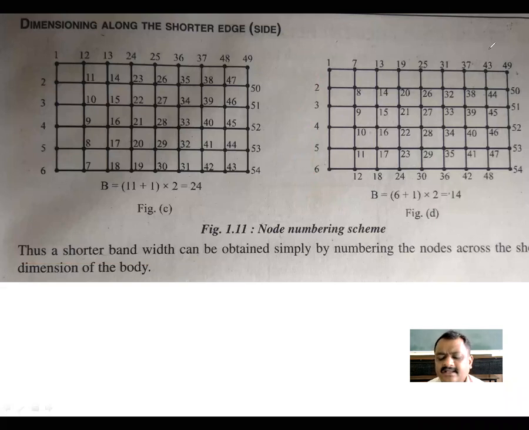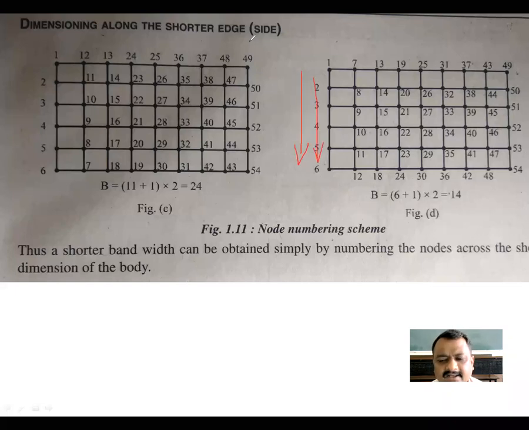Up to 5 to 6 marks they can ask you. You have to draw your mesh in such a way that one side you draw it as a smaller side, that is 3 to 4 or 6 rows. You can write a number of columns like 8 to 9 columns. So when you make use of it, you can number it also and find out the bandwidth and compare all the 4 ways of numbering, and you can show bandwidth is less, that is equal to 14, when it is a shorter bandwidth, when you number along the shorter side, right? So this you have to show it for 6 marks.